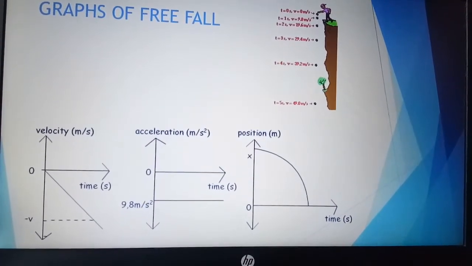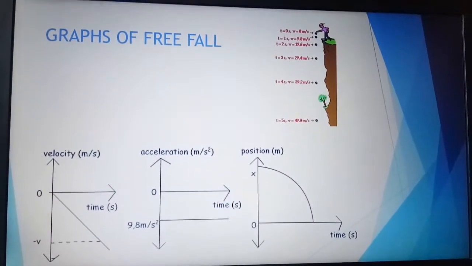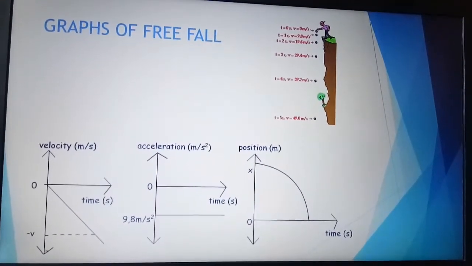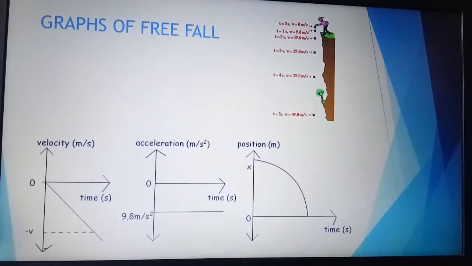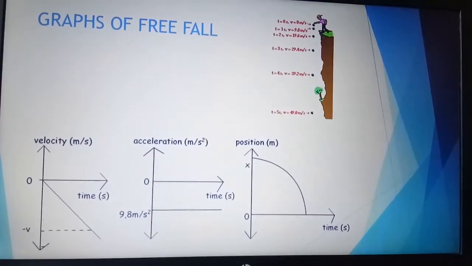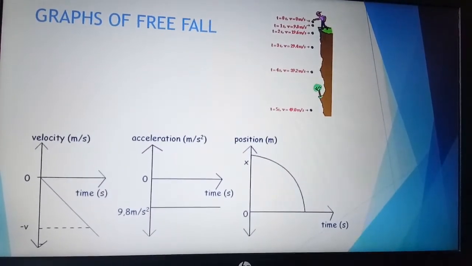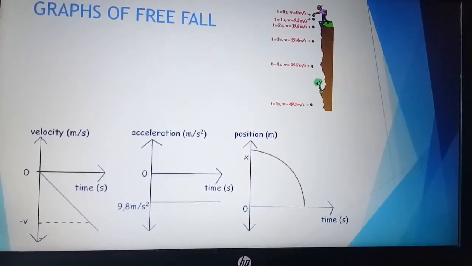If you draw the graph of 9.8 meter per second square, that is acceleration due to gravity, versus time, it is always a straight line. It shows that the acceleration with which a body is falling down from a certain height from the ground surface is always taken to be constant. a is equal to minus 9.8 meter per second square. So it is a straight line graph parallel to the time axis.